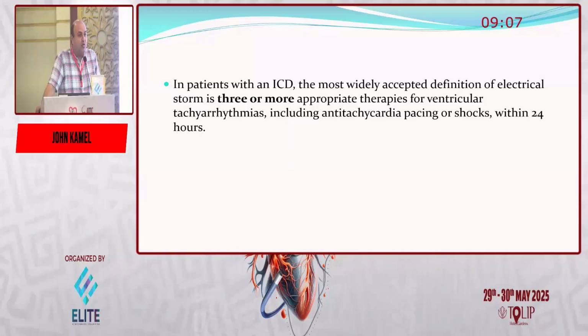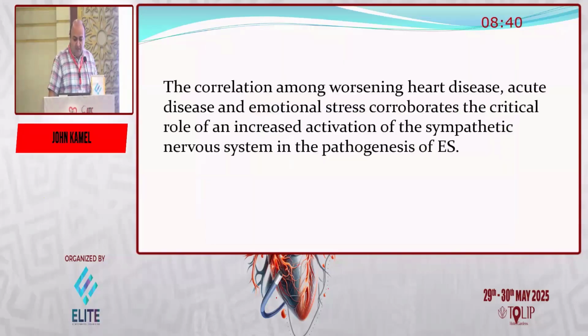So it's not only the shock for VT that we consider as high risk and VT storm. If the patient had 4 or 5 VTs in 24 hours and was treated successfully by ATP, it's also considered a VT storm. This is the only thing that I'd like to share. My case is